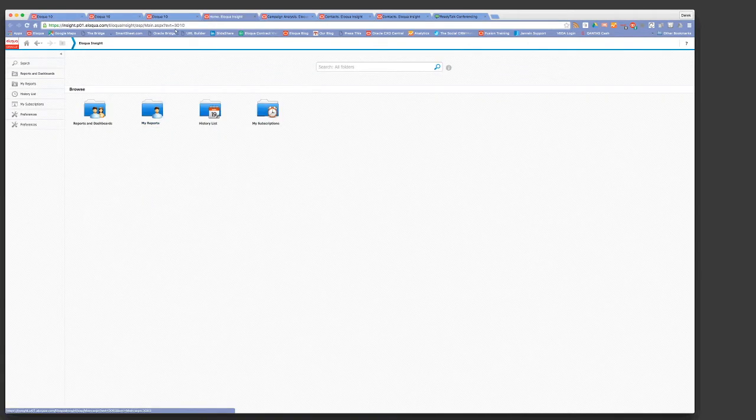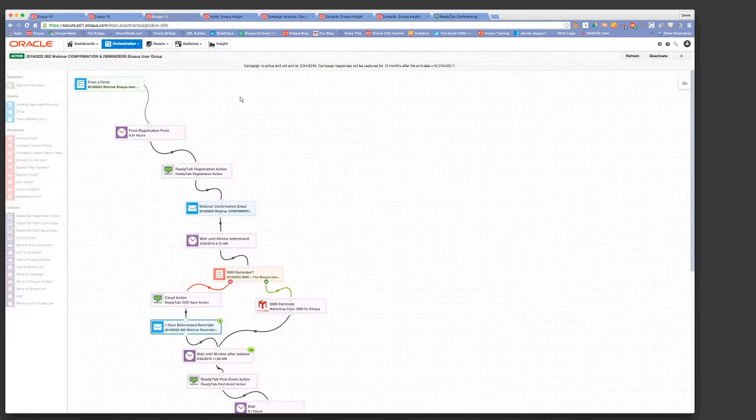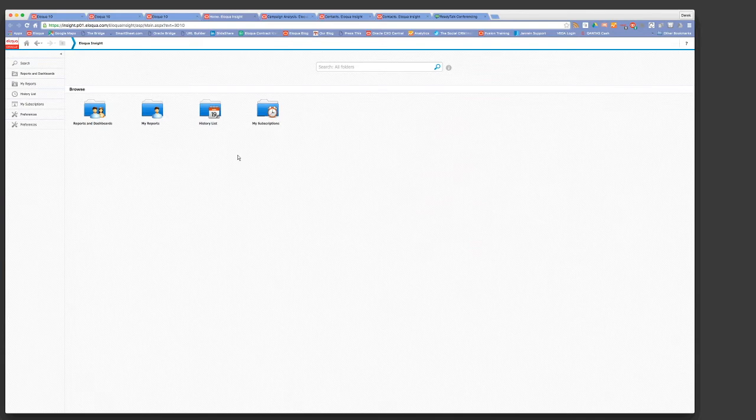So when you first get into Insight, actually I should just go back one step. When you're looking at the standard Eloqua screen, across the top of your screen, you'll see an Insight button. So as soon as you click on Insight, the Insight window will launch, and you'll see the display here with these 4 folders available for you to look at. So what I wanted to do today was look at a couple under Reports and Dashboards. So we click on Reports and Dashboards,